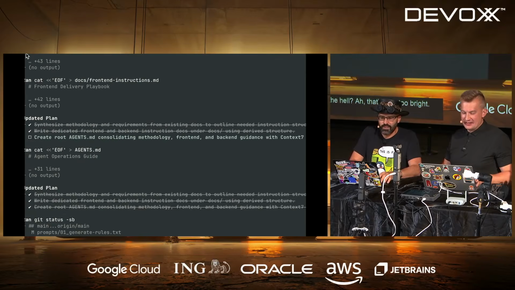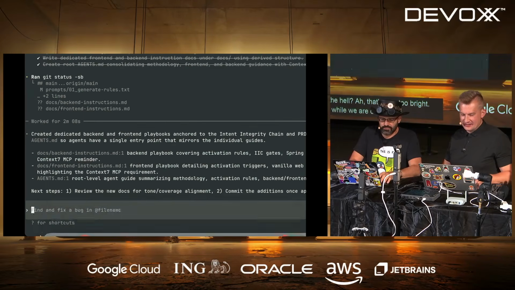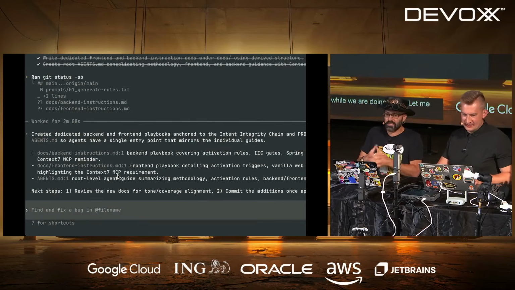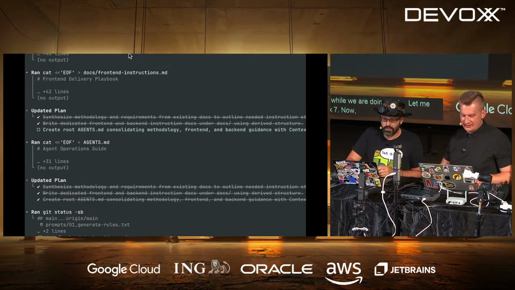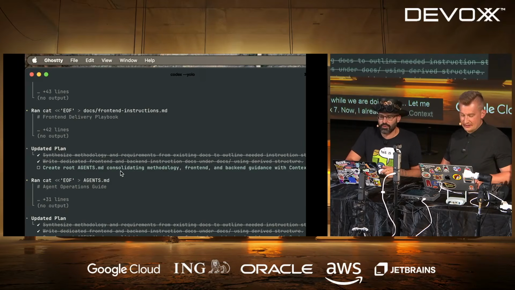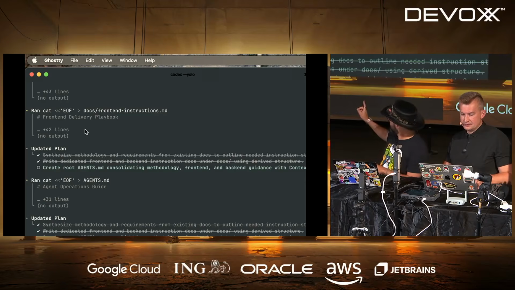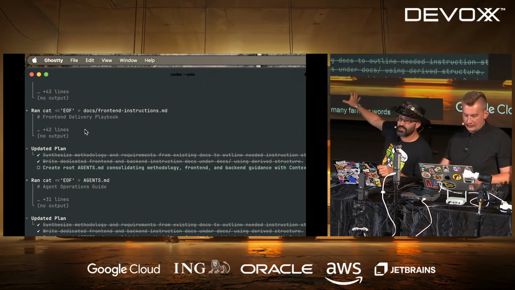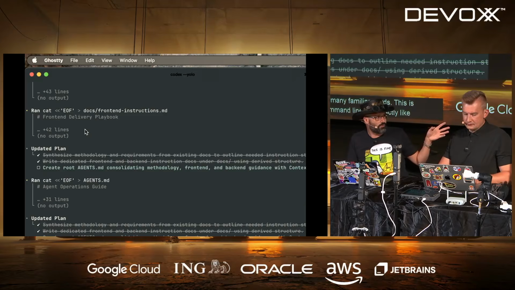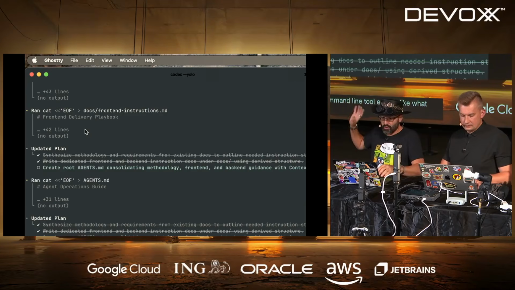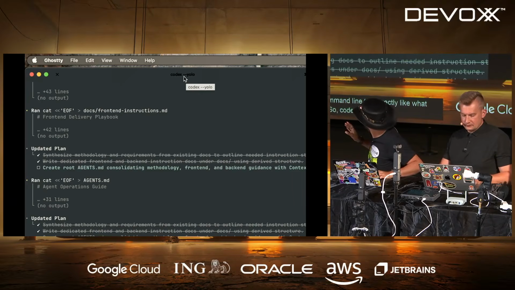Okay. Now, while we are doing that, let me show you, let me start on Context 7. I already opened Context 7 and already provided it with the prompt of generating the instructions. Sorry, not Context 7, Codex. Too many familiar words. This is Codex. This is GPT Codex, and it's a command line tool exactly like what Victor is now showing you with Claude. So Codex, you see here it's black on black.